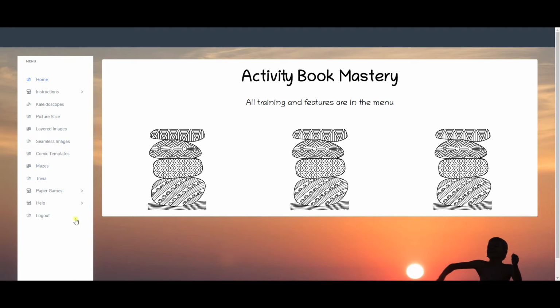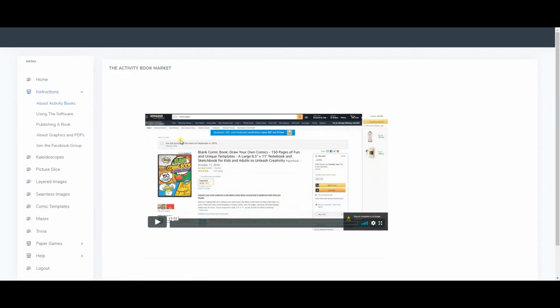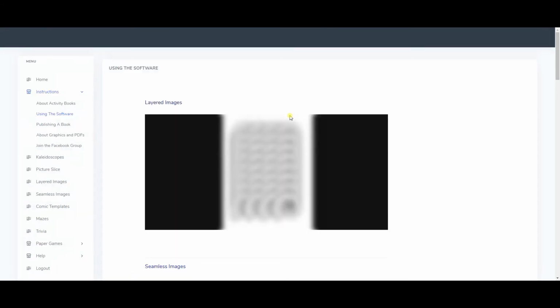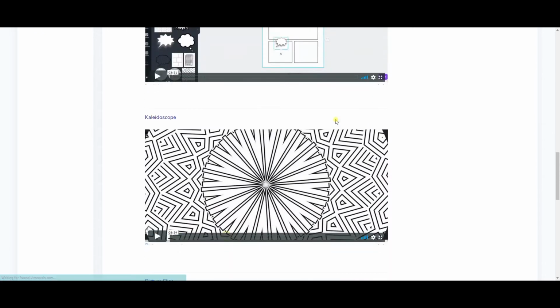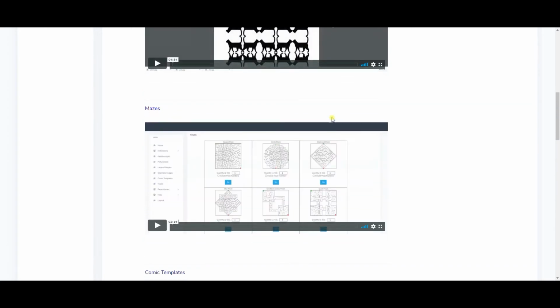So when you log in, you'll see there's quite a few different menu options. In the first section, there are some instructions, and I'll just scroll through there. There's a video about activity books that's about 13 minutes long. There are several videos on using the software, so it basically shows you demos of all the different things that you can do. Some of these are on the sales page, but this shows you all the different